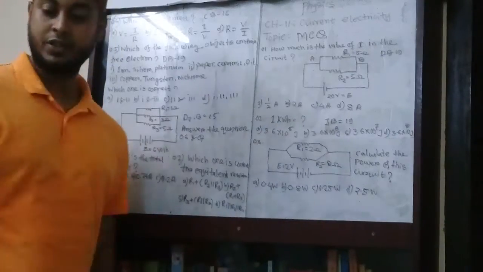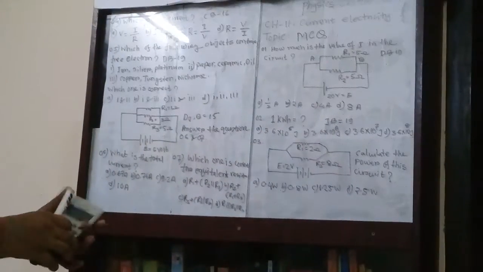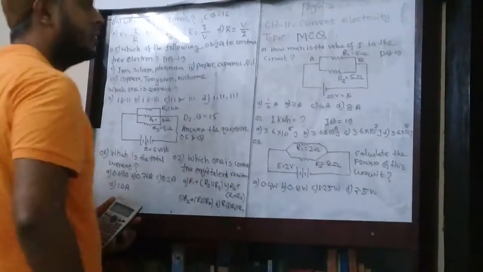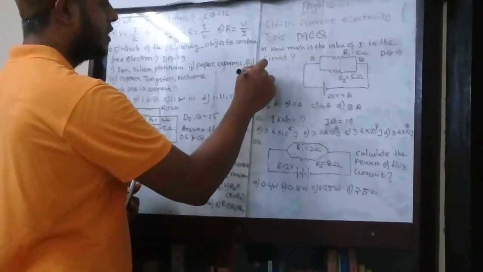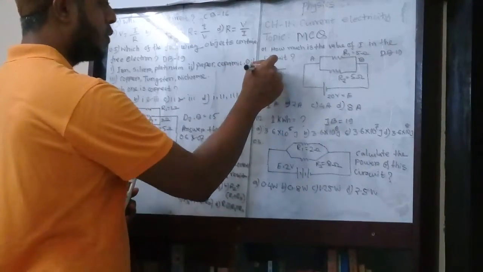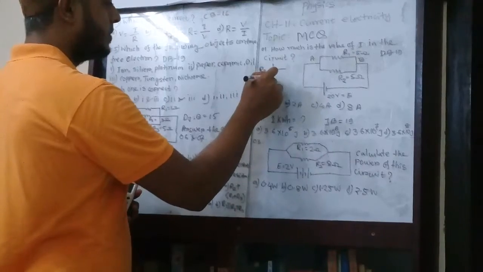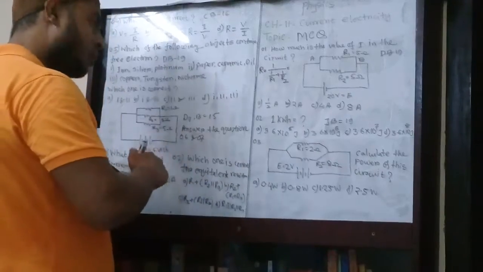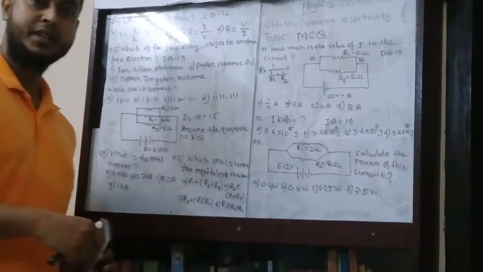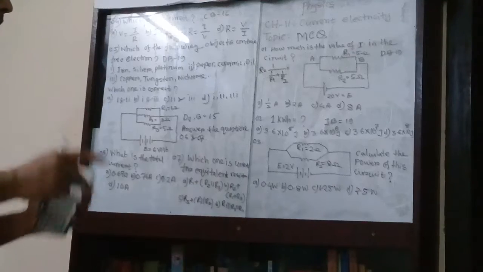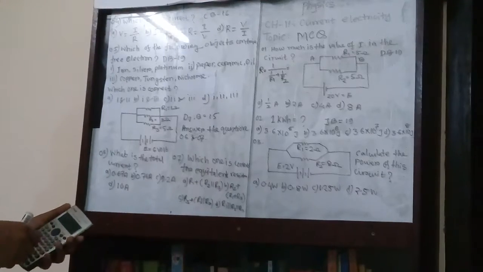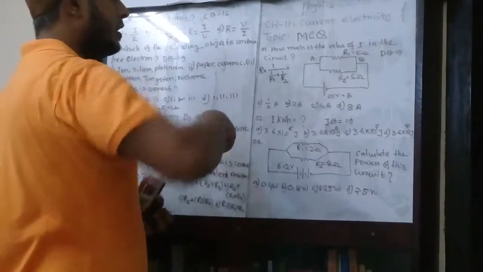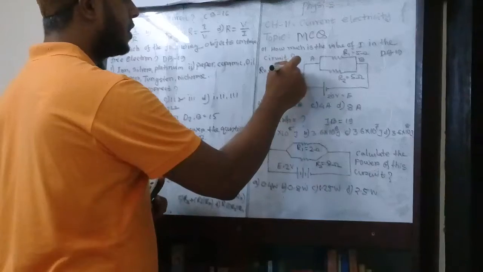Before finding the total circuit current, I need to find the equivalent resistance of this circuit. So the equivalent resistance R will be 1 by R1 plus 1 by R2. Here R1 and R2 are both equal, and there is 5 ohm. If I consider these 5 ohm resistors as connected in parallel, then the total equivalent resistance is 2.5